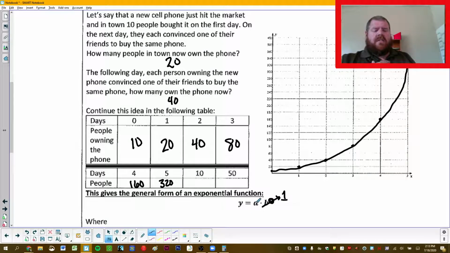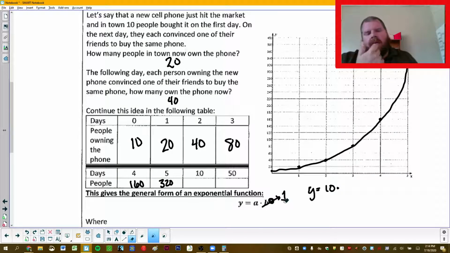So my starting value comes from a, at x equals 0, just a by itself, a times 1, or a times whatever b is to the 0 power. So this precise function is going to be 10,